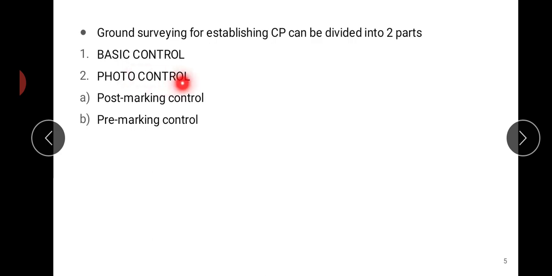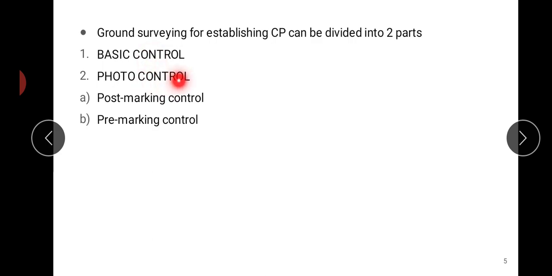The second one is photo control. Photo control is where horizontal positions or elevations are established on the image itself to identify the points on the photograph with respect to basic control.